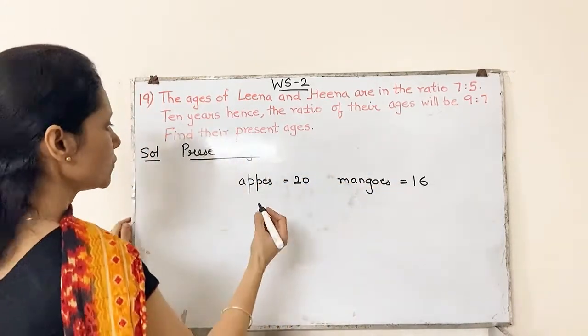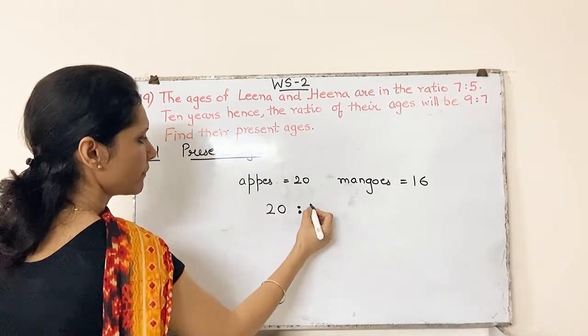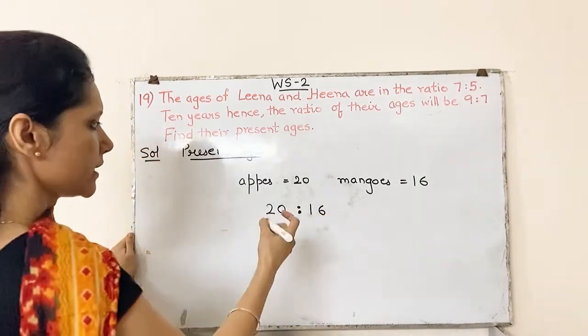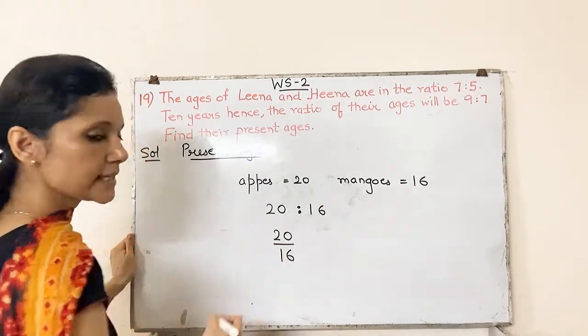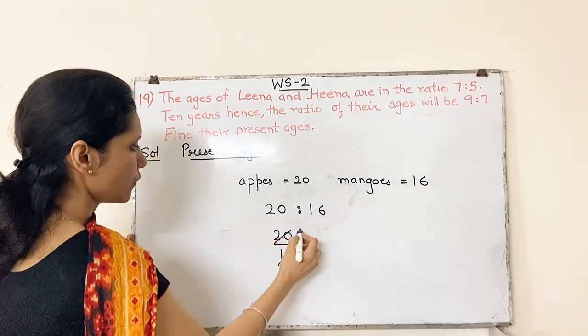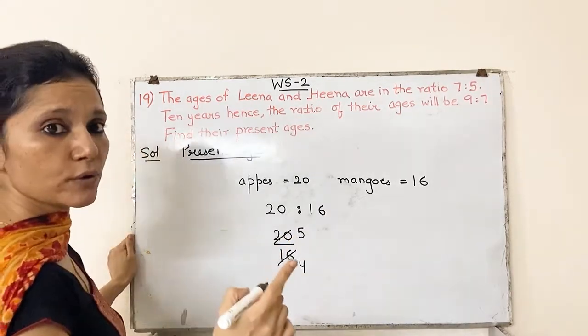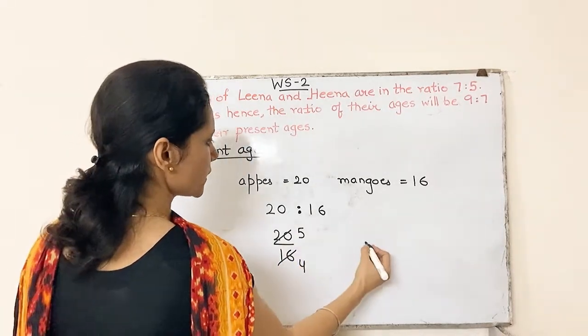So how are you going to do that? Number of apples is 20, number of mangoes is 16. So this can be written in fraction form as 20 upon 16. Now let's do the cutting. 4 4s are 16, 4 5s are 20. So what do I get? The ratio of number of apples to number of mangoes is